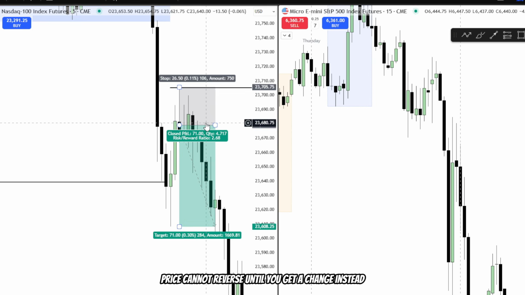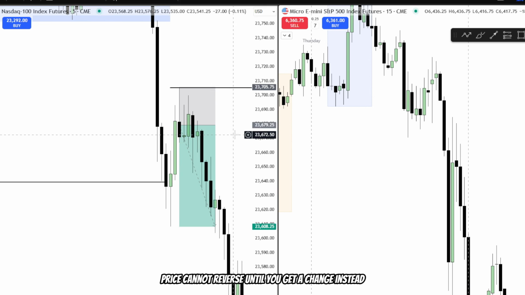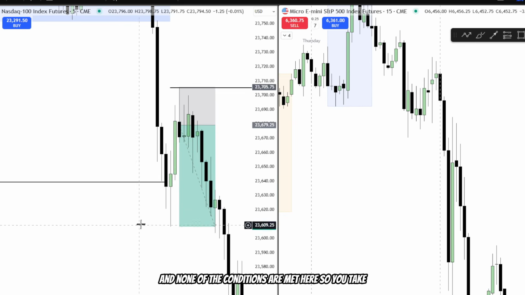Because as you know, price cannot reverse until you get a change in the state of delivery, an SMT, and a higher time frame fair value gap or ERL engaged. And none of the conditions are met here. So you take,